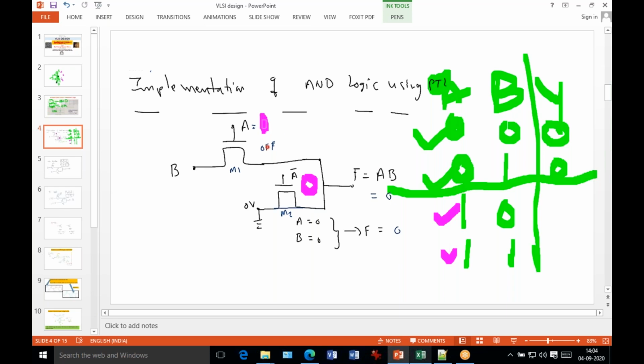Okay, so if this is 0, if this is 1, this logic is 1, this transistor is on, and this transistor is off. This time this side transistor is off. Now this is connected here. This B input is connected here. Okay, if the B input is connected here, so what is the output? It depends on the B.